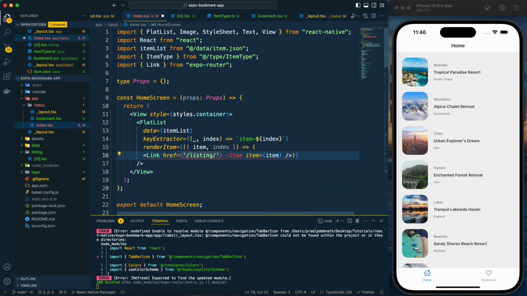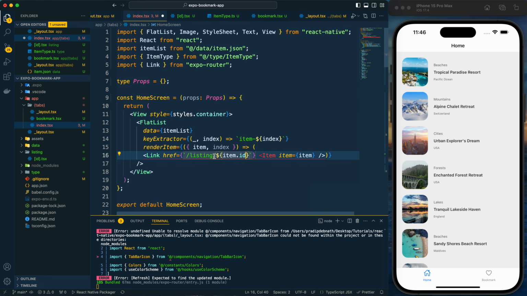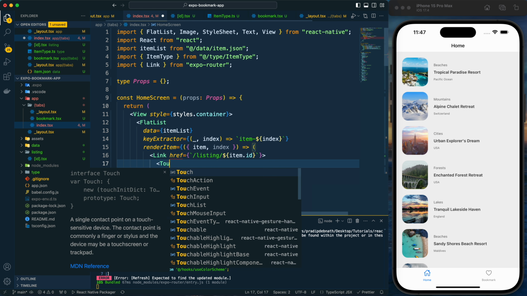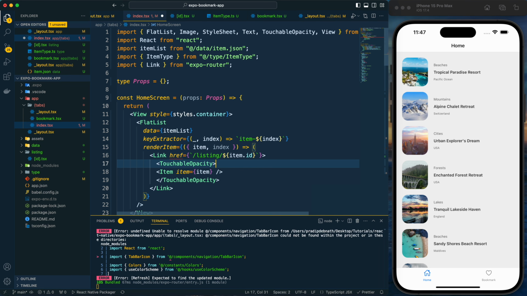I need to use the template literal here because I want to provide a variable, and that variable would be the item ID. So by this I am creating the dynamic route, and within it I need to provide the touchable opacity, because the touchable opacity is the button, and for this touchable opacity I want to provide this link. So that's why I need to provide this as child prop.